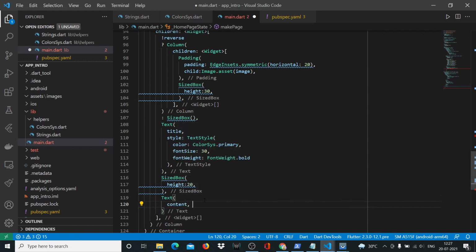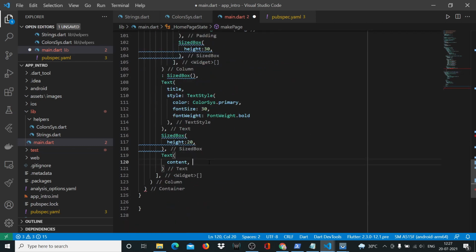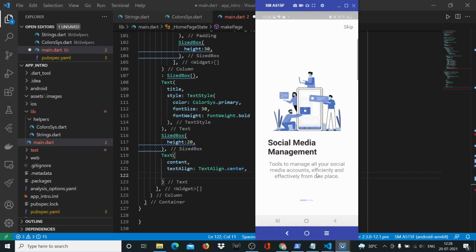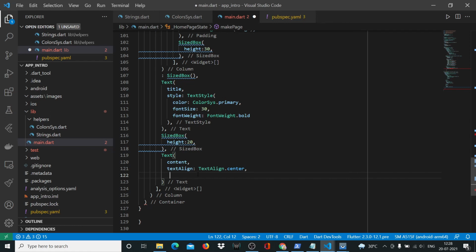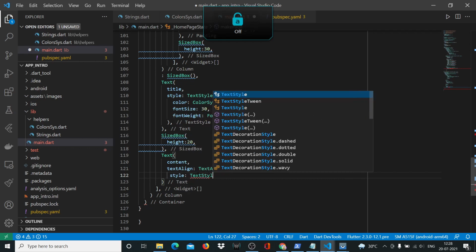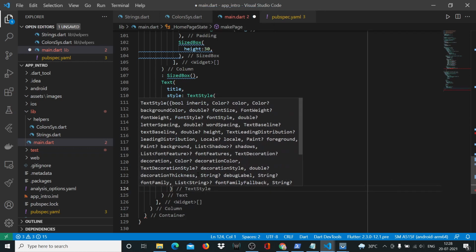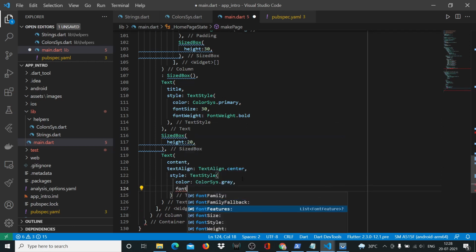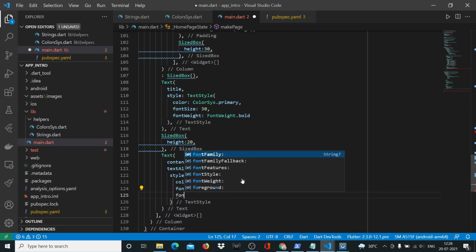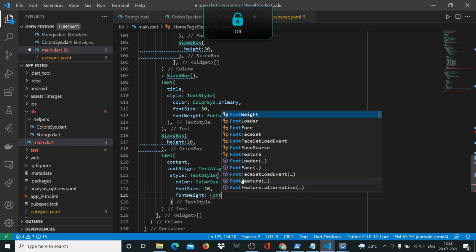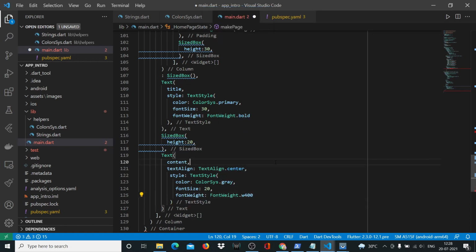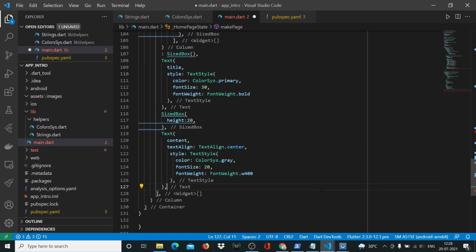and inside the text we want to put our content. Content is again this value that you receive as a parameter, and we'll say textAlign.center. If you can see, it's aligned to the center. Okay, and then just like we did with the title, we'll give it a style, and we'll use the TextStyle widget again. So here we'll have color, and we'll say ColorSys.gray that we've already defined in our ColorSys file. Put a comma here, we'll give it a fontSize of 20, put a comma, and fontWeight of FontWeight.w400, and after TextStyle we'll put a comma again, after Text we'll again put a comma, and here